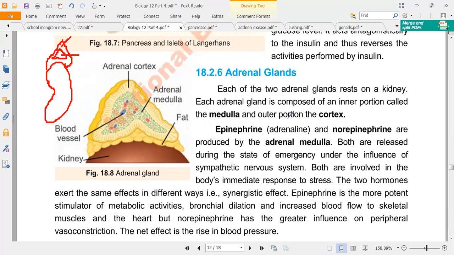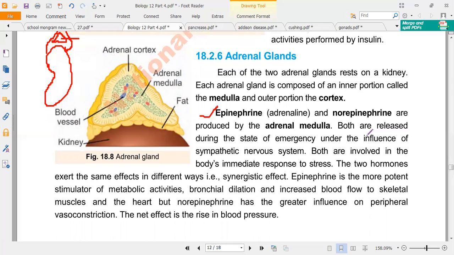The adrenal medulla releases emergency hormones when there is an emergency situation, like epinephrine, also called adrenaline, and norepinephrine, called noradrenaline. Both are released during the state of emergency, and we know they influence the sympathetic nervous system